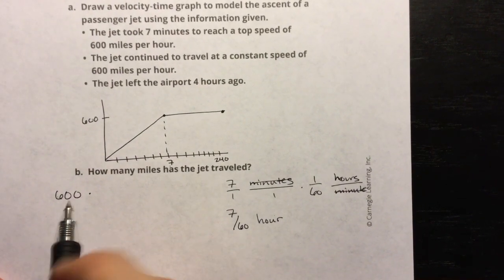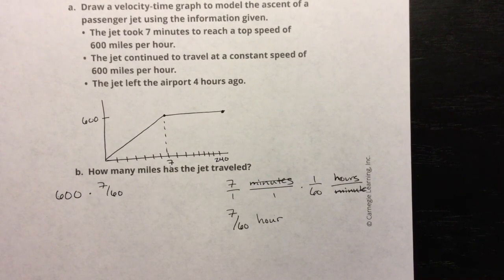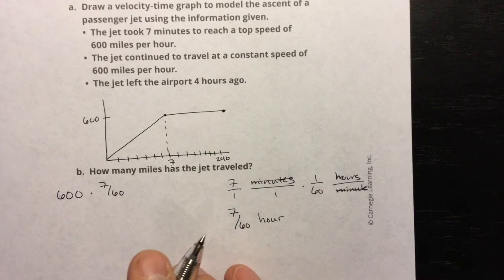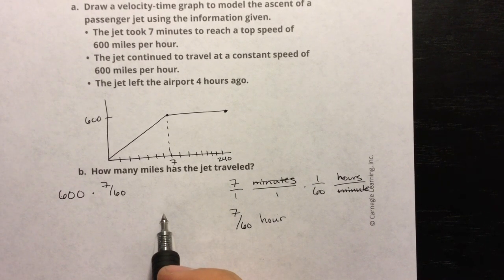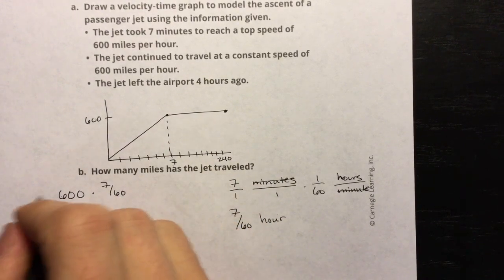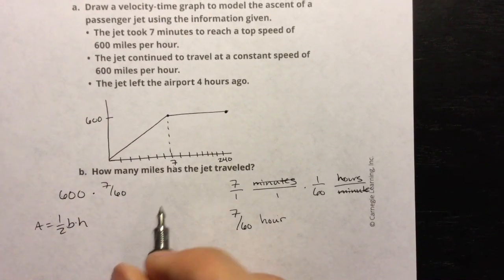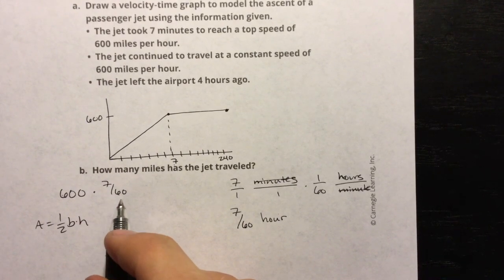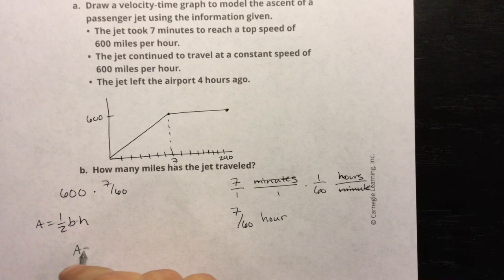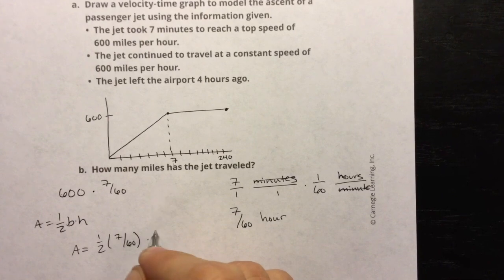So now I'm traveling 600 miles an hour for 7/60ths of an hour. So I'm going to go 7/60ths, get a fraction, I'm doing this on my phone off on the side, then I'll multiply that by 600. Remember we are doing the area of this triangle, and the area of a triangle is 1/2 base times height. My base is 7/60ths, so I'm going to say that the area under this curve is 1/2 times 7/60 times